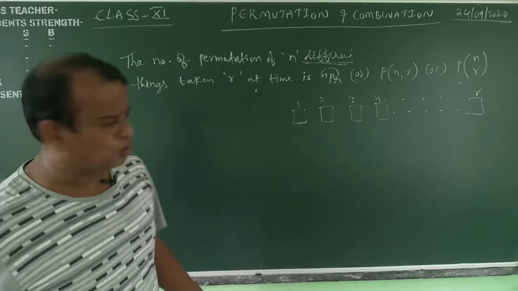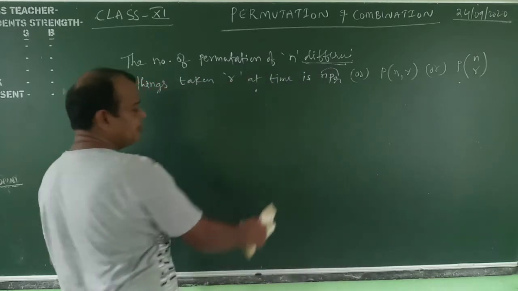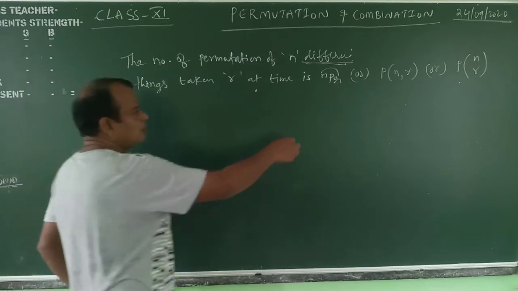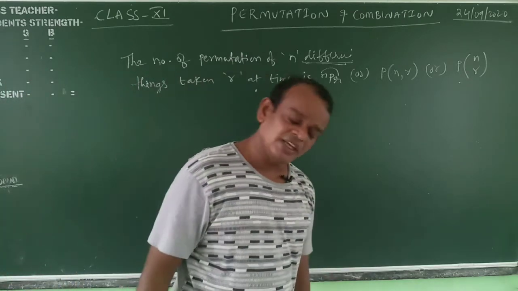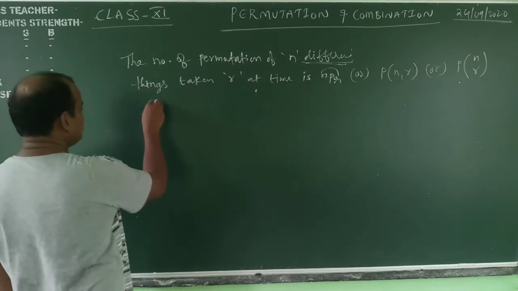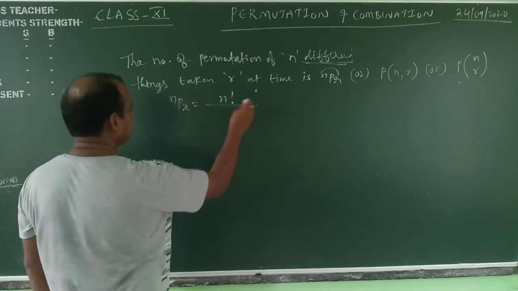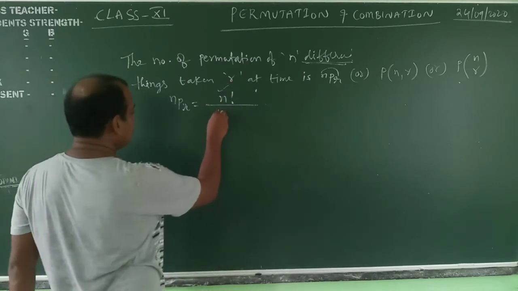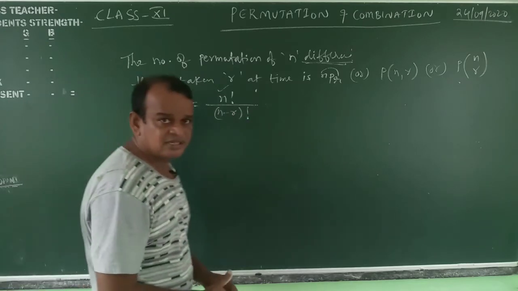Now this is also the nPr definition. What is the formula of nPr? I explained before: n factorial by n minus r factorial. Say yes or no? Yes. Now I explain, listen carefully. You have to show that nPr is equal to n factorial by n minus r factorial. You know the factorial of n is the continued product of the n natural numbers. Don't confuse, don't tense.